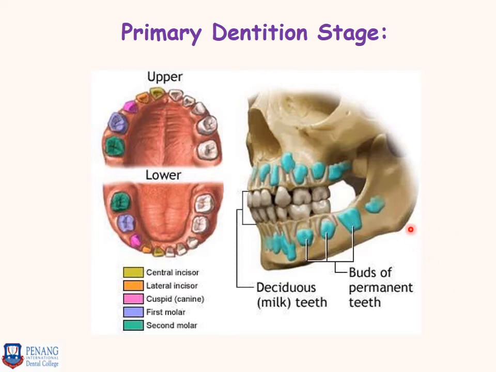As you can see in this picture, this is the primary tooth, but you have the permanent tooth which is also there in the jaws. After an age, from about 6.5 years, once the permanent tooth erupts, this will cause some amount of resorption of the roots of the primary teeth, and there will be exfoliation of the primary teeth, and the permanent tooth will be erupting.